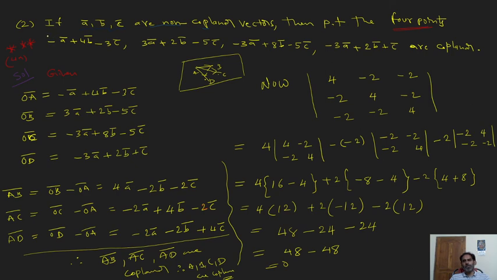Always, in the previous problem also, 4 points are given with position vectors OA, OB, OC, OD. 4 points are converted into 3 vectors: AB bar, AC bar, AD bar. Otherwise, in a determinant case we should write the determinant only. We are finding a 3 by 3 determinant only, so that's why you should convert to 3 vectors. After getting these 3 vectors, write their coefficients in the determinant. Determinant expansion, you know. If det is 0, coplanar. If det is not equal to 0, non-coplanar.